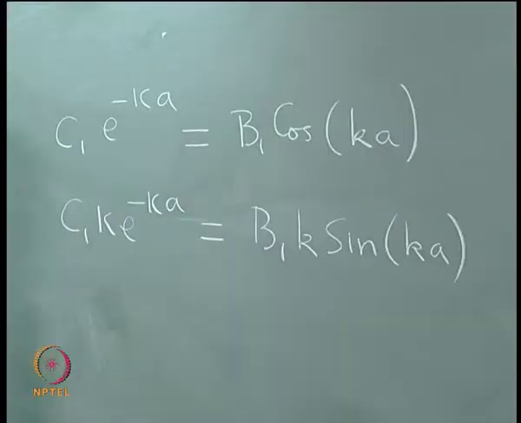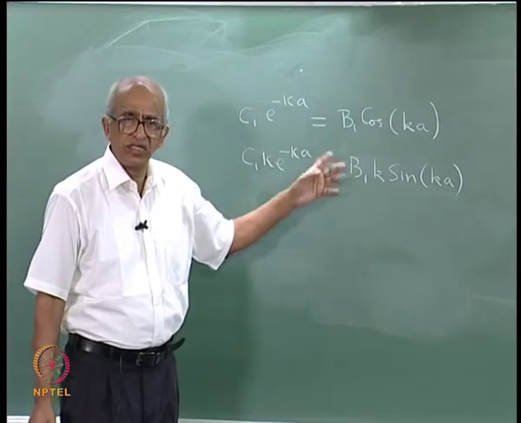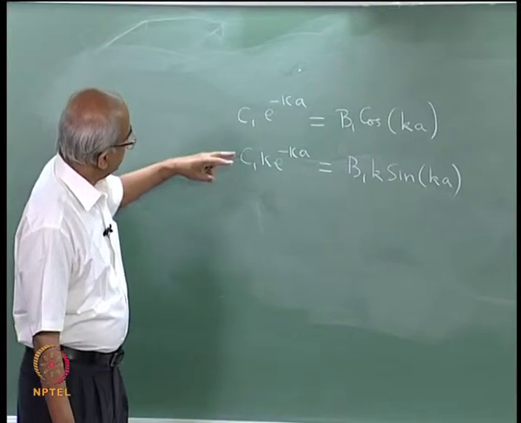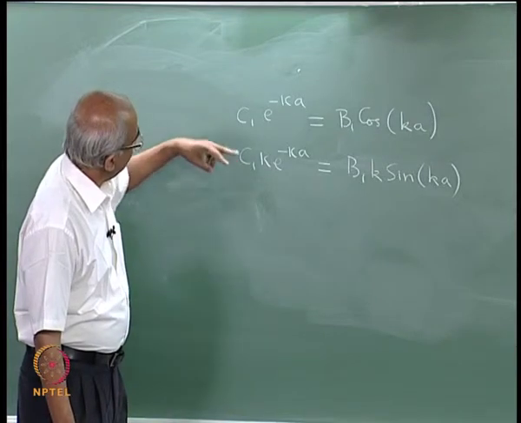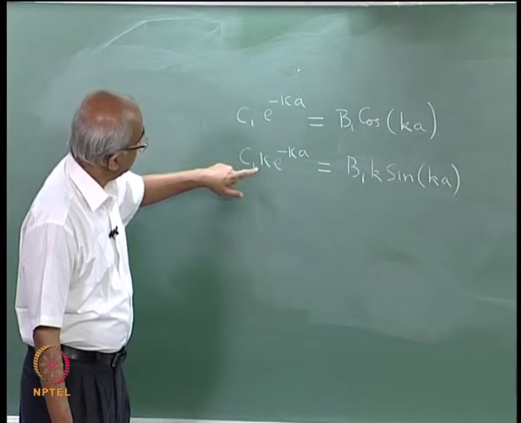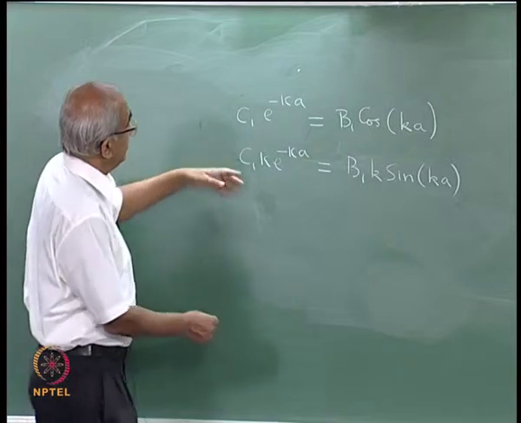See, these are the two equations that we arrived at, and of course these two equations contain the unknown quantities B1 and C1, but it is very easy to get rid of them. The way to get rid of them is simple. What you do is you take the second equation and divide it by the first equation. That means the left hand side of the second equation I shall divide by the left hand side of the first equation. What is the result?